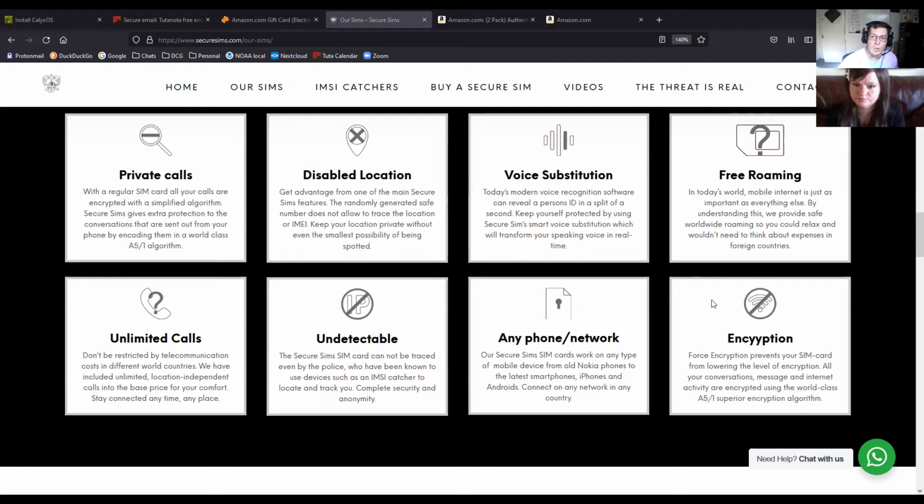That's probably going to save you quite a bit of money as well. Unlimited calls, I didn't know about that one, but yeah, I guess you can make unlimited location independent calls into the base price for your comfort. So that comes with your SIM card and can't be traced, apparently even by the police, who use the IMSI